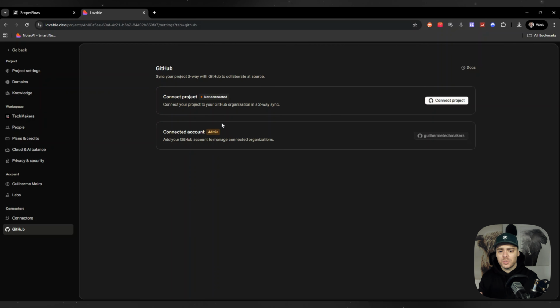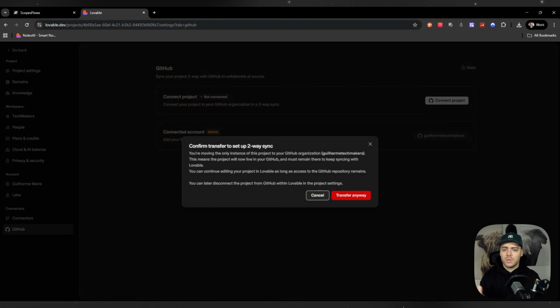Okay. So here we have my connected account. We're in our settings now, and here we have the status that it is not connected to any GitHub repository. If I click here, I can select my organization. You can have multiple organizations, so you have your own projects, or you work for a company, and you can choose which one you want to use. Click here. It will give you a disclaimer saying that you're setting up a two-way sync, which basically